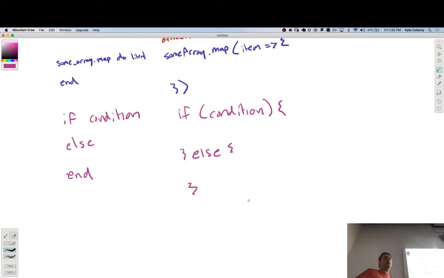Cool. Other questions about JS syntax stuff? Anything else you're wrestling with? What was that? Say it one more time. Loop. Yeah. So